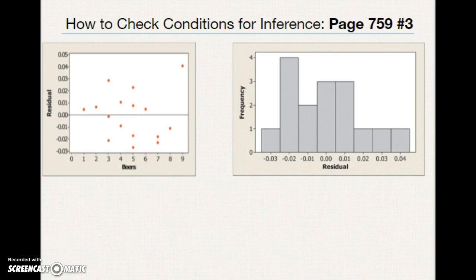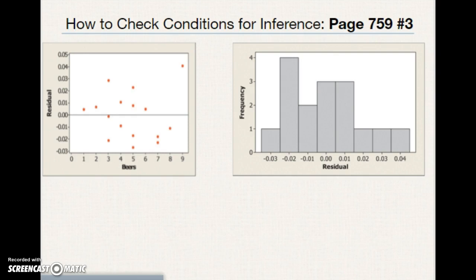We're going to say, okay, using these two graphs, how can we check those conditions? Okay, so condition 1 was linear. Now, they didn't give us a scatter plot